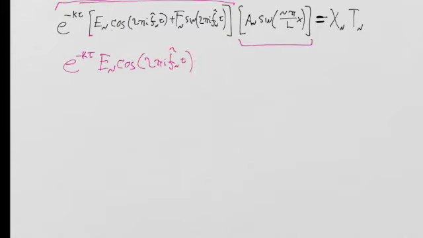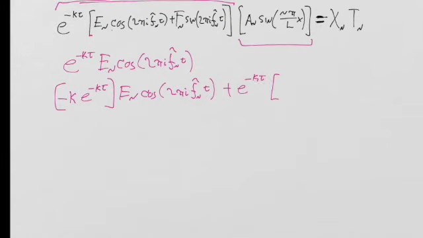If I just took the derivative of this, we immediately get minus k e to the minus kt times En cosine 2 pi fn hat t, plus e to the minus kt times the derivative of this mess. The derivative is, first of all, a minus sign, so it's minus